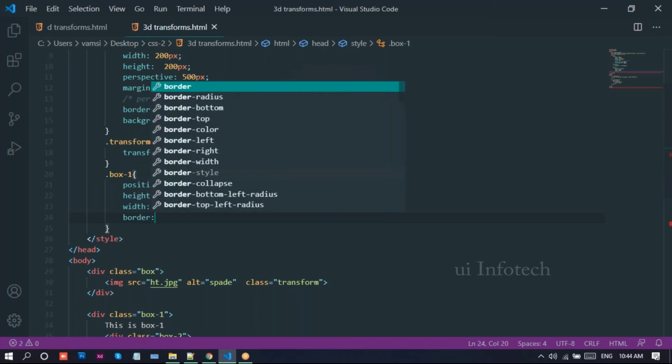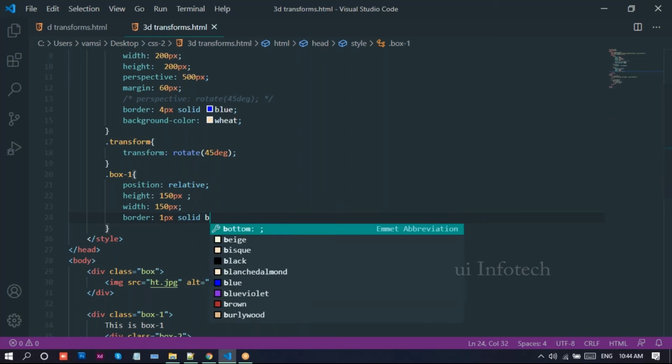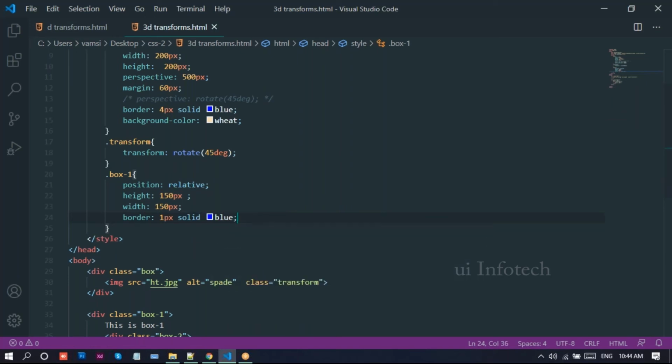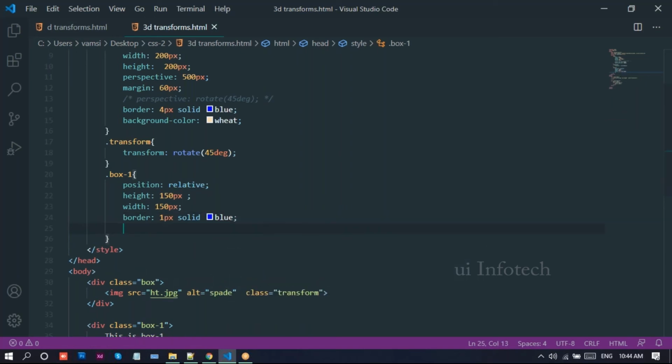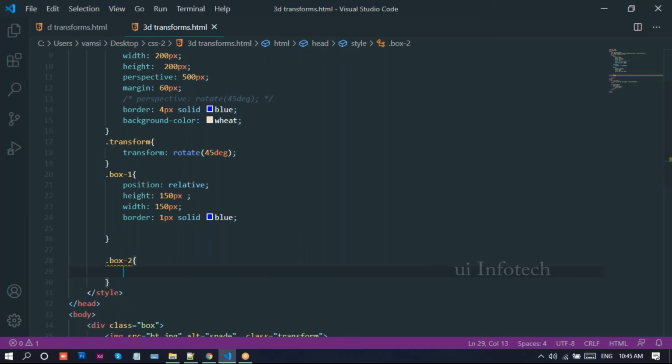Border 1 pixel solid blue here. Blue or anything you want, you can apply here. So I take border 1 pixel solid blue. Now I'll take the box 2. For the box 2, I'll provide some padding, 50 pixels.